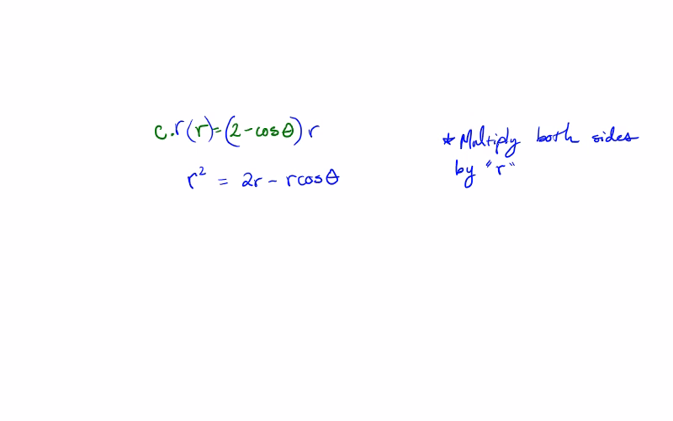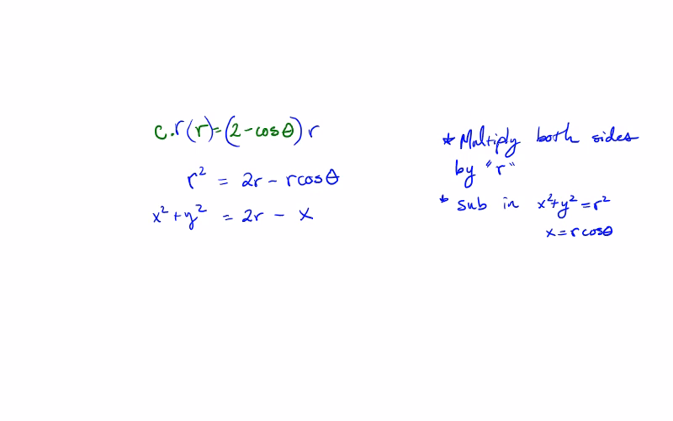Okay, so we've got some things now to work with. What does r squared equal? I'll give you a second to write it down. r squared equals x squared plus y squared equals 2r, that's not anything, minus r cosine of theta, which is x. So after we multiply both sides by r, we're going to sub in some things we know. So x squared plus y squared goes in for r squared, and x goes in for r cosine of